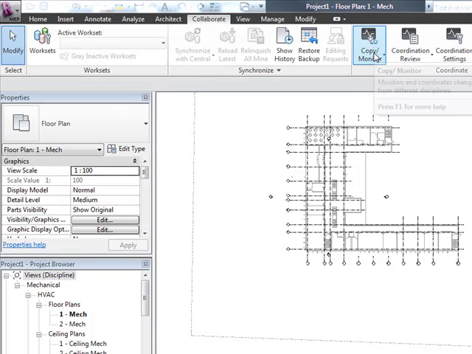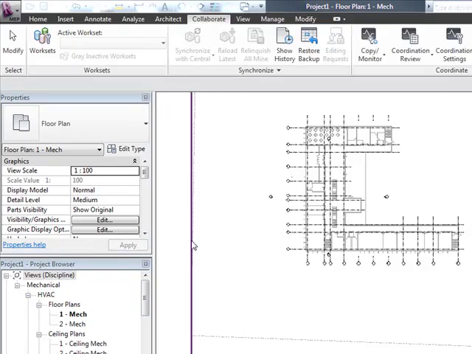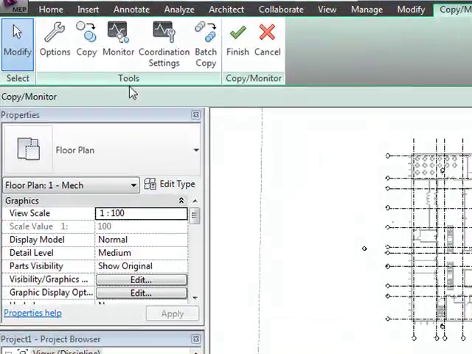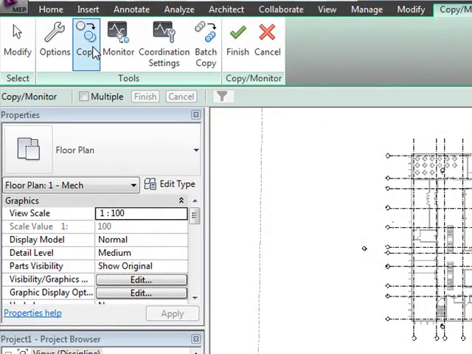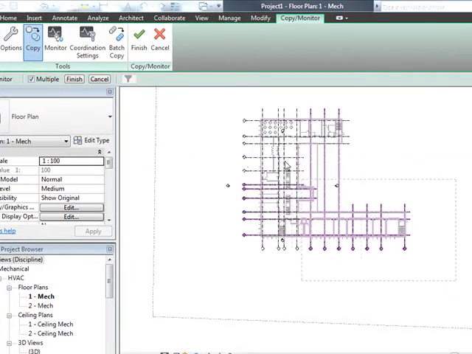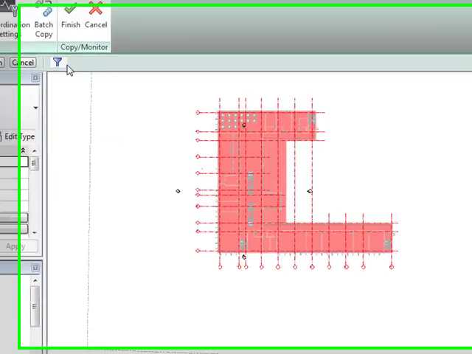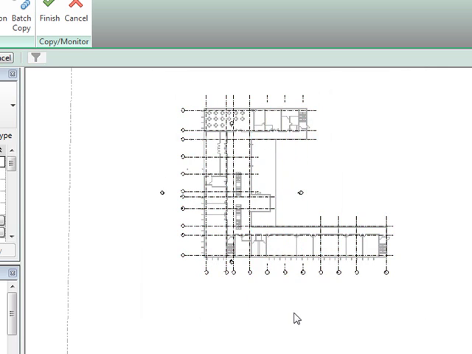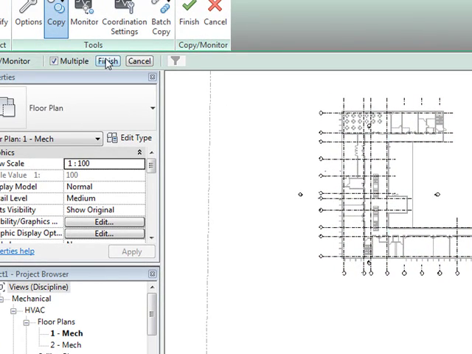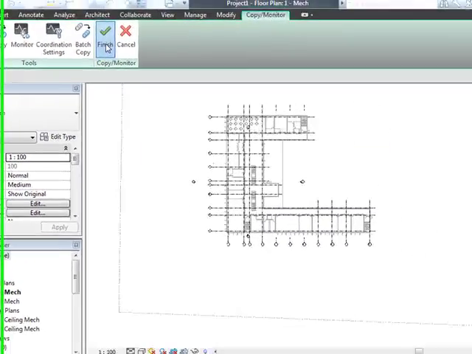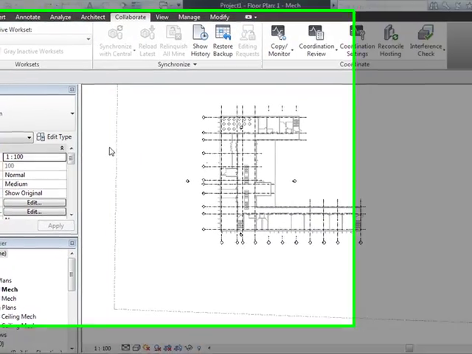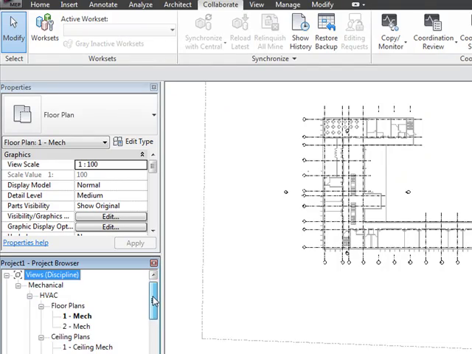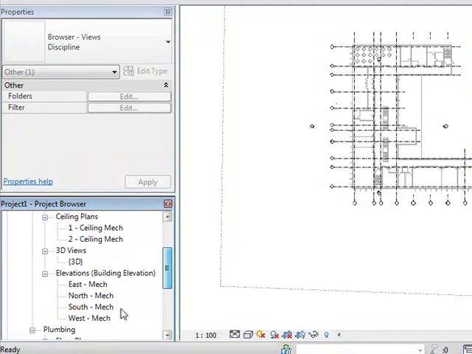Collaborate, copy monitor, select link, press the sites, copy, multiple, select the stuff, choose funnel, check none, grid, apply. OK. And finish, the small finish and the big finish. After that you will need to go to the south